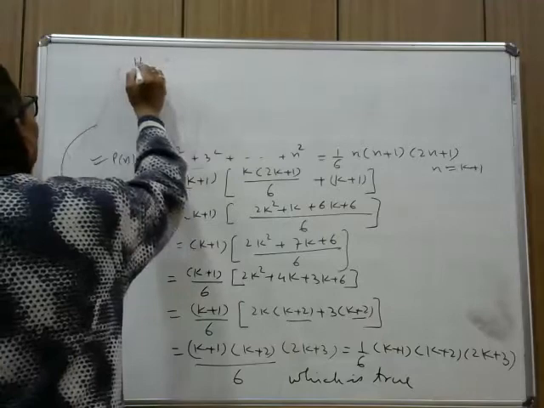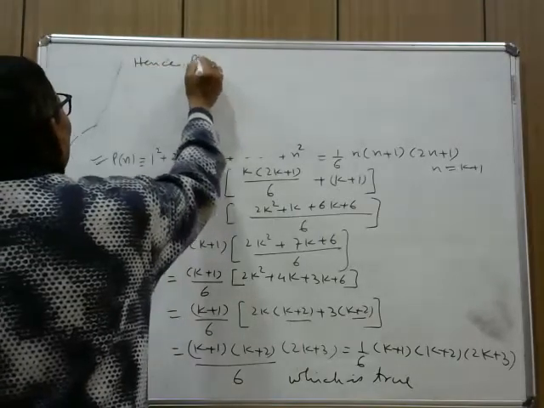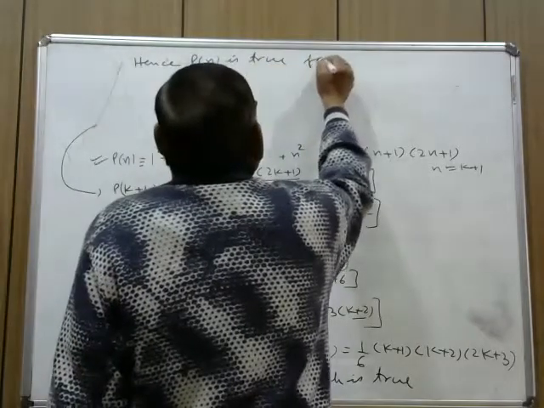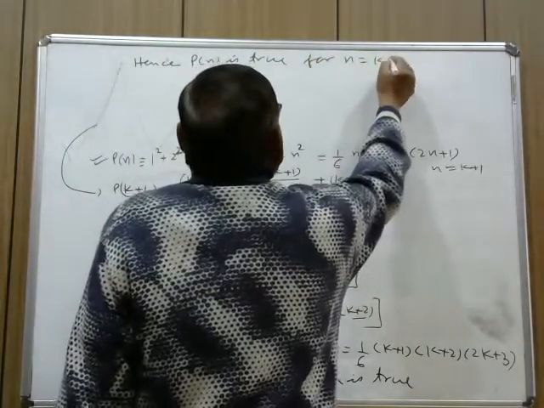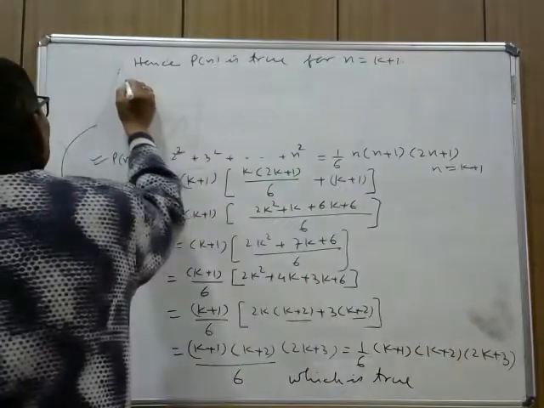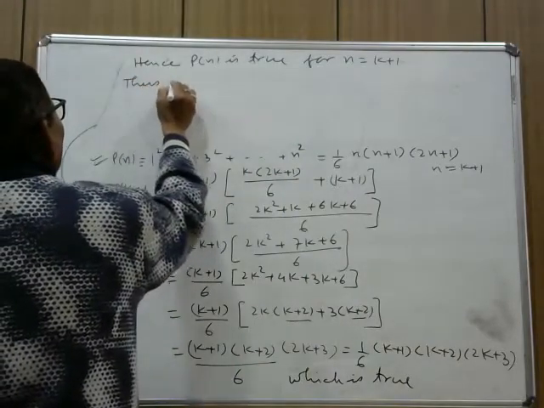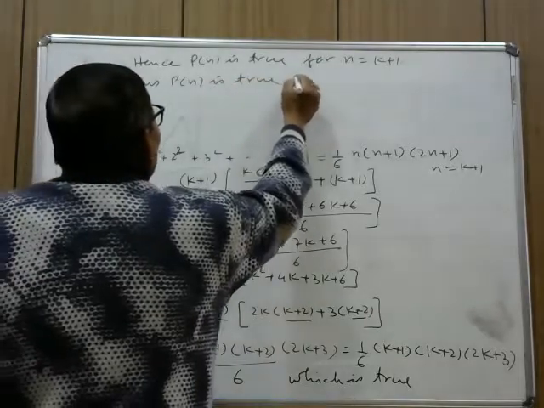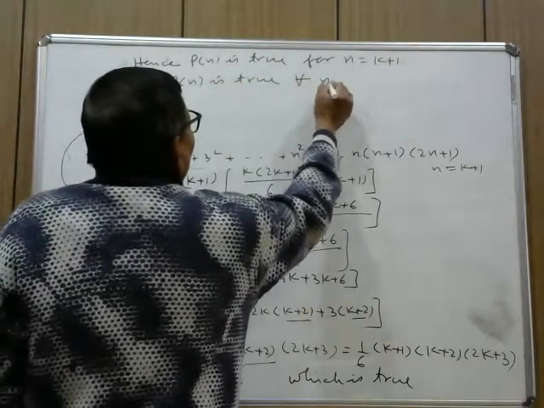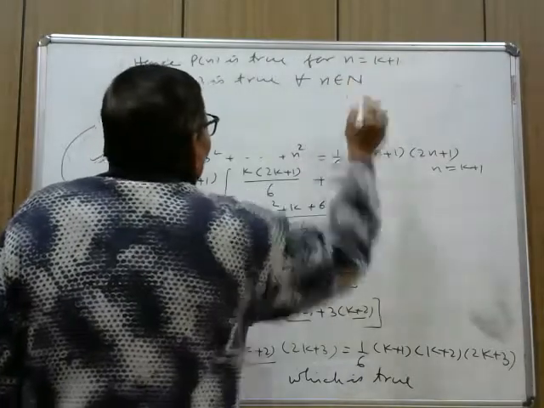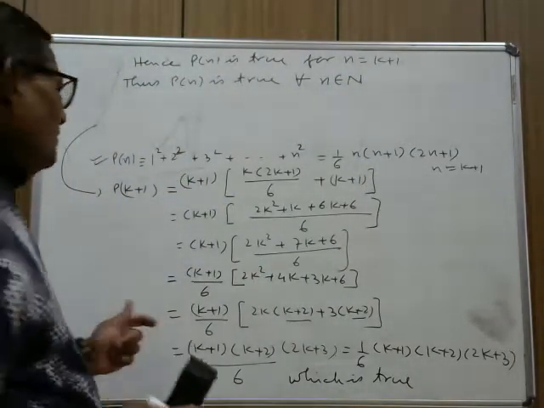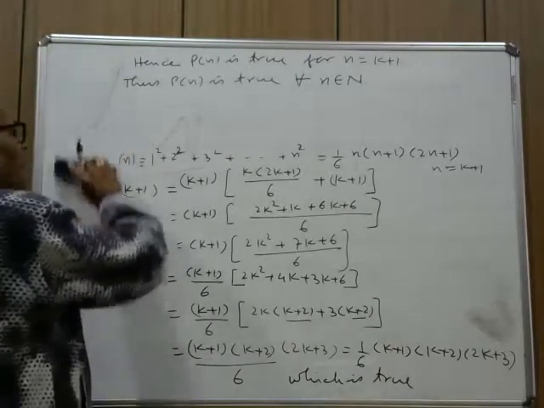Hence, Pn is true for n equals k plus 1. Thus, Pn is true for all n belongs to N. So this is one of your questions. You practice this. Now I am coming to